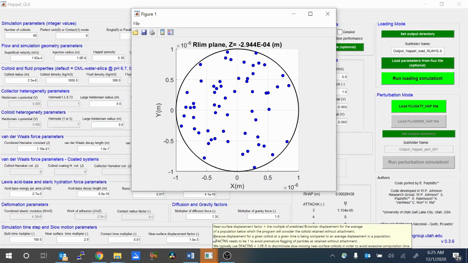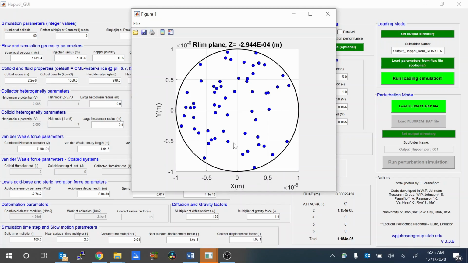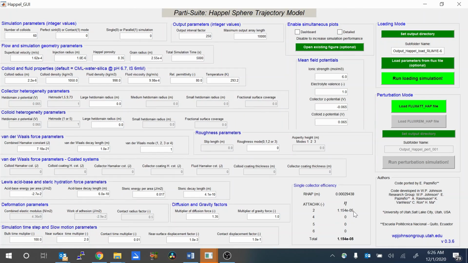And so we can examine what that simulation under that condition provides, and we see that all 60 introduced colloids attached. That's shown in the blue dots. Within this is a plot of the starting radius, so within that 1 micron radius, all 60 of those that were introduced attached, and that gives us a nominal eta, what we call eta RLEM, of 1, right? 60 attached out of 60 introduced, that's 1, but that's not a useful metric because we have the other 294 micron radius extending out beyond this injection radius,